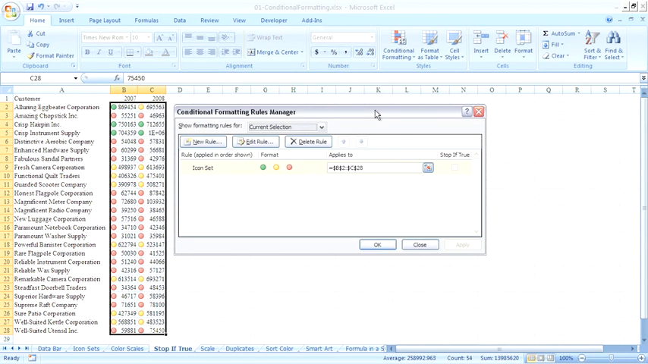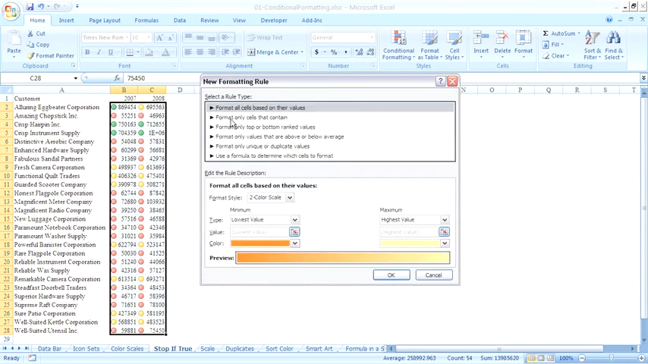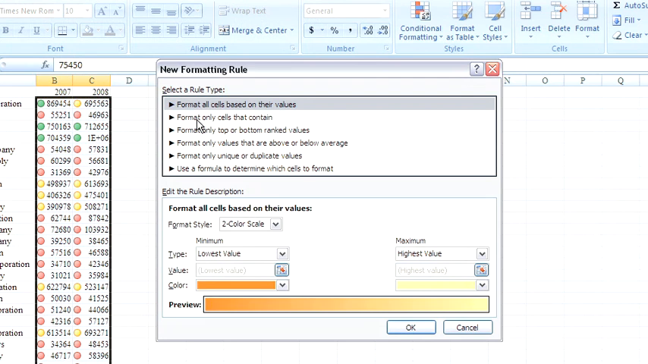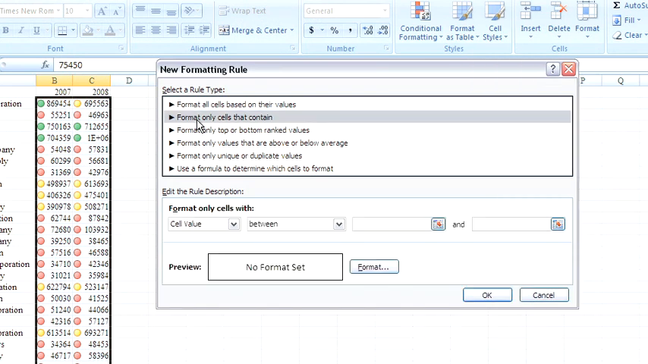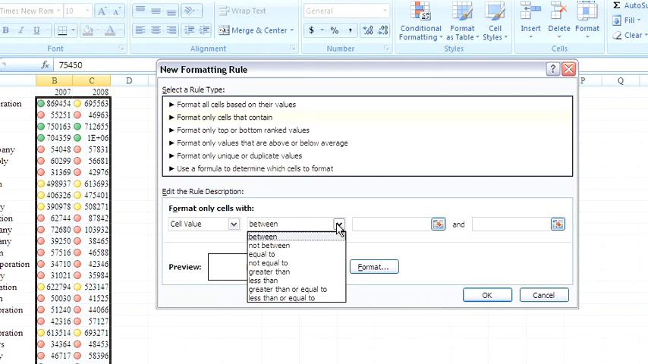And I want to create a new rule. New rules are always added at the top of the list, and that's what's actually going to allow this trick to work. Now we have some different rule types, and these are always a little bit confusing to me. Format all cells based on their value sounds like what I want, but that top choice is for the brand new icon sets and color scales. What we actually need is format only cells that contain. We want to format only cells where the cell value is less than